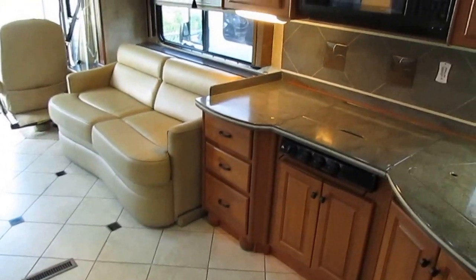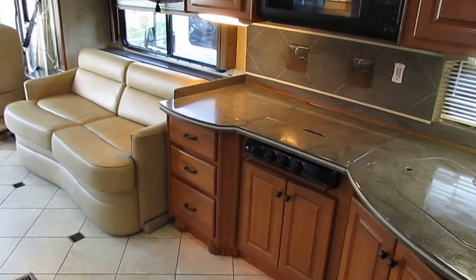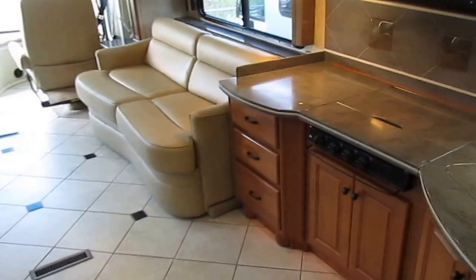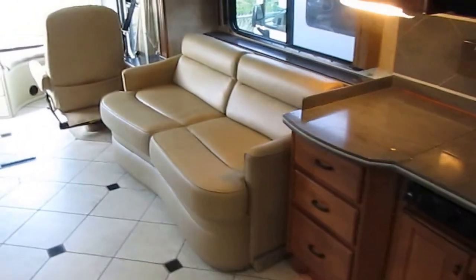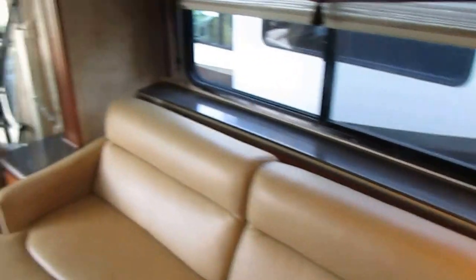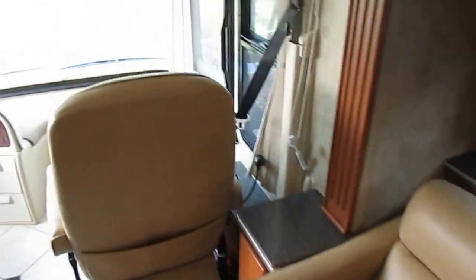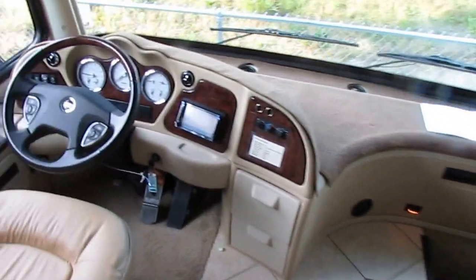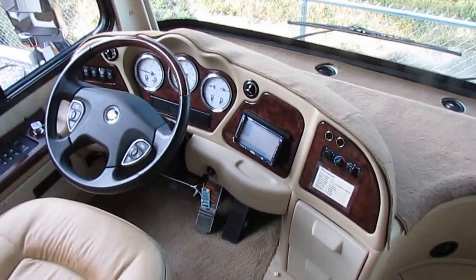$99,900 while it lasts. Not taking a penny less. Don't care. You know, folks, it ain't going to make or break us if we sell this motorhome. It's going to bring what we're asking for it. It's paid for. It's here till you purchase it. $99,900 will trade. Give us a call, 706-965-7929. Evenings and Sundays